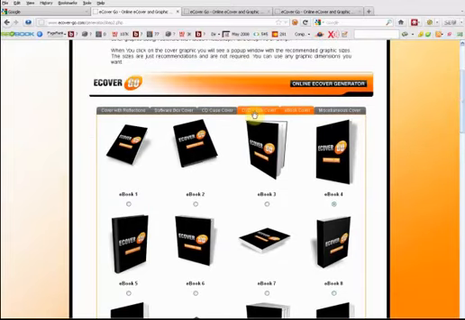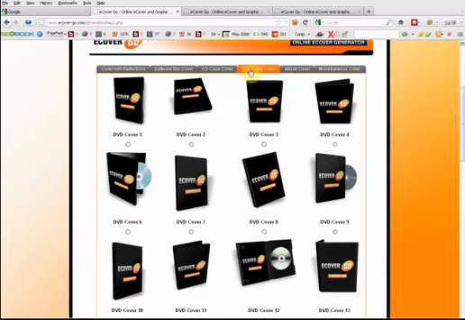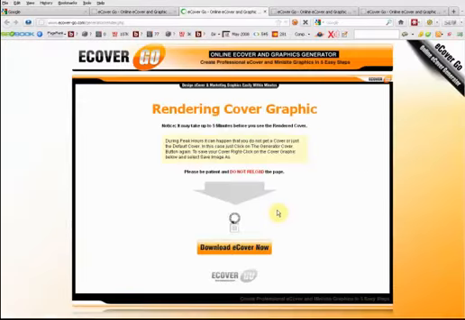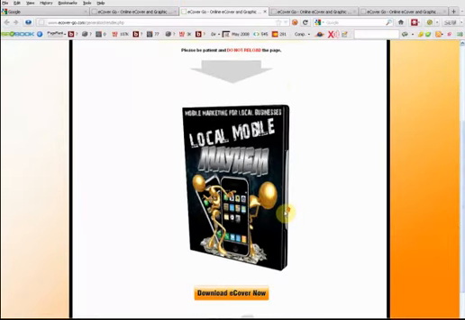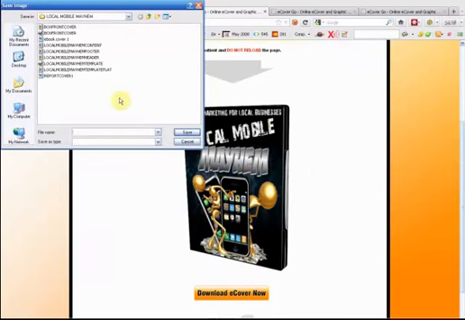So for example, if I want to display a package with several different DVD cases, I just go through the ones I want. So for example, we've got a DVD case cover here, so select this one and generate eCover. And there we go. That's created our DVD cover. So save image as, DVD cover 1.png,